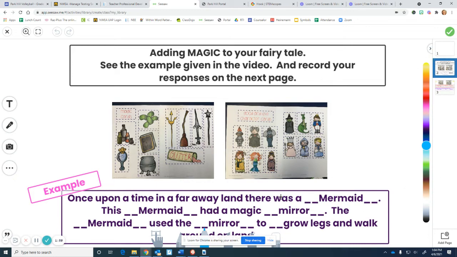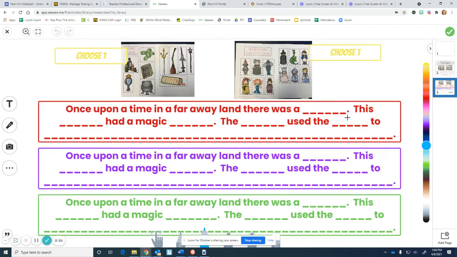So when you look at your examples, here are your three examples. You're going to choose three different characters and three different magic powers. For example, I'm going to work through another one. So if I was doing this red one, it says, once upon a time in a faraway land, there was, maybe this time I'm going to choose a